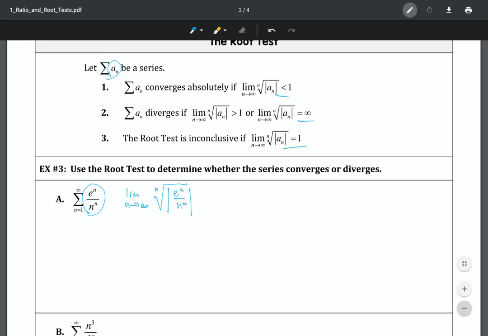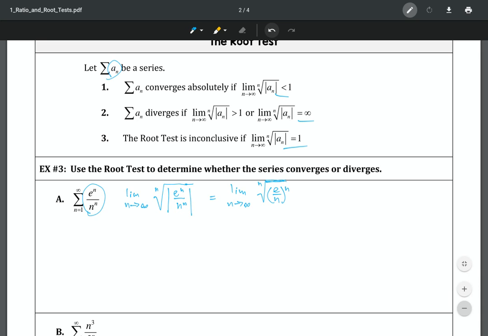Because I know that the inside of this is going to be positive, I can drop the absolute value, and then I would have e over n to the